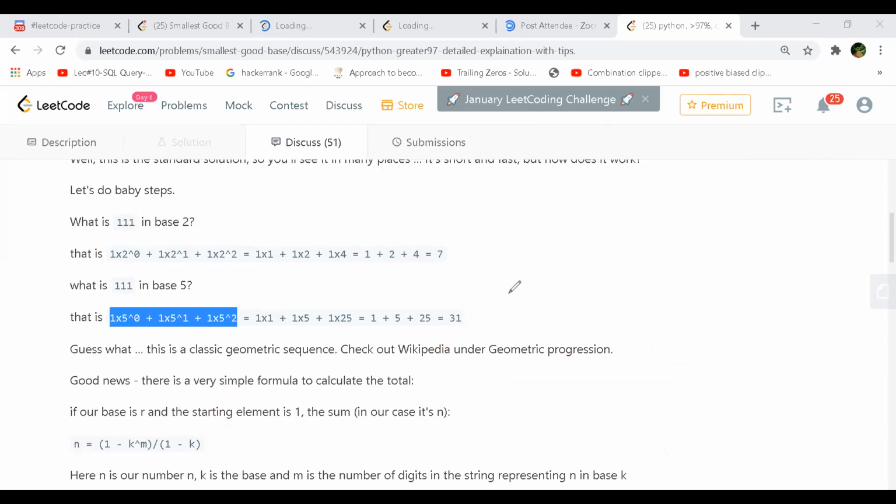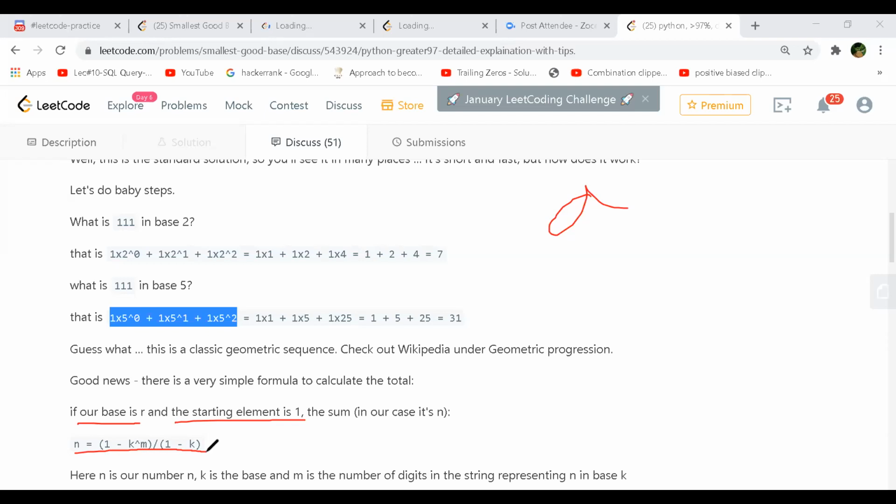So we know the formula for that GP, right? If your base is R, I mean that ratio, and the starting element is 1, then the sum of n numbers will be this. How do we write it? Okay, so in geometric progression, why are we taking only 1, 1, 1 in the case of base 2? Why are you not taking 1, 1, 1, 1, like 4 times 1? Now in this case, we are just taking 1, 1, 1 for this particular example.